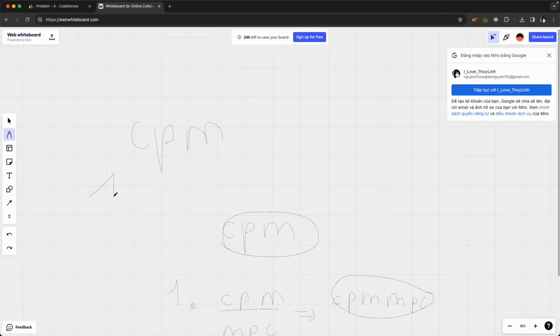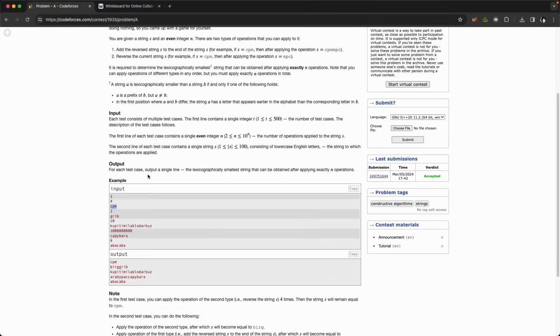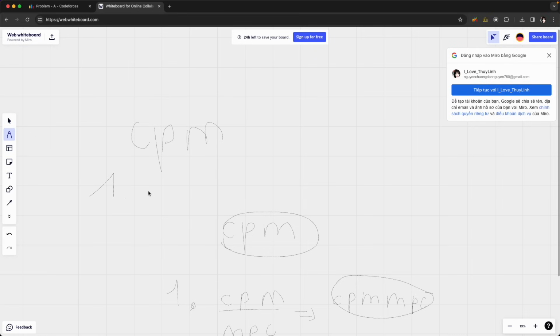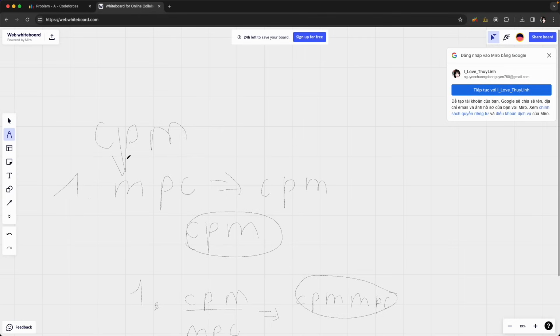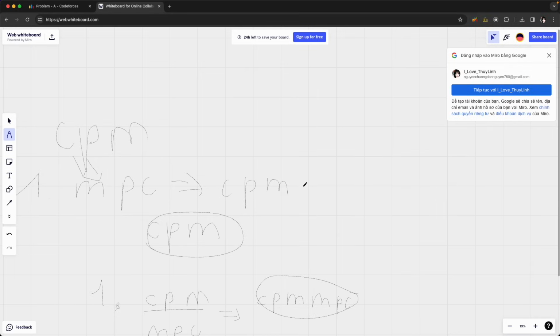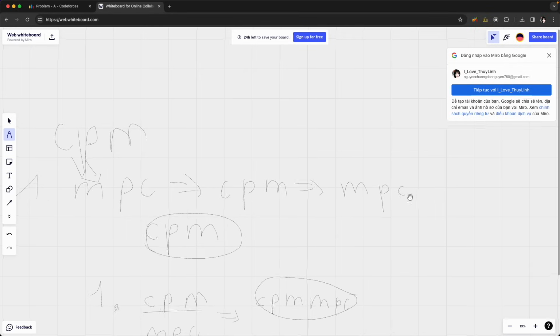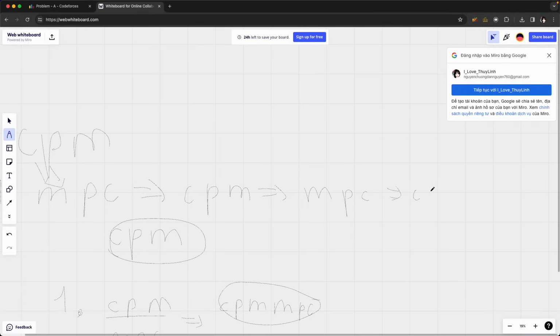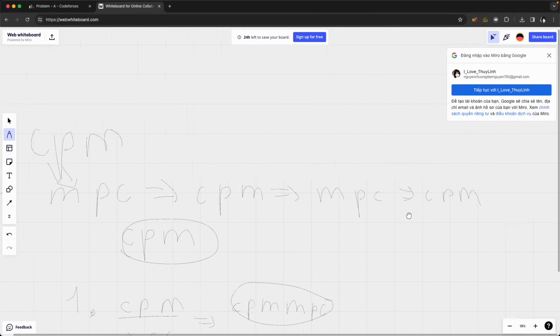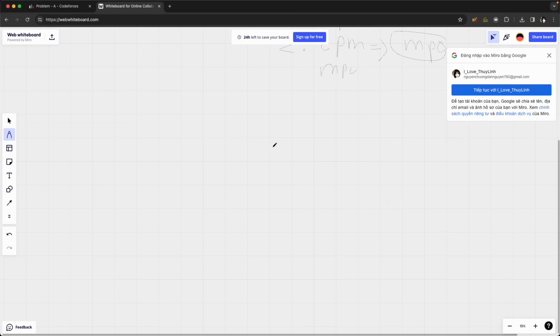the first operation we can do is reverse, and it becomes MPC, and we reverse it again and it becomes CPM, then MPC, then CPM, then MPC, and again CPM. Okay, another example,